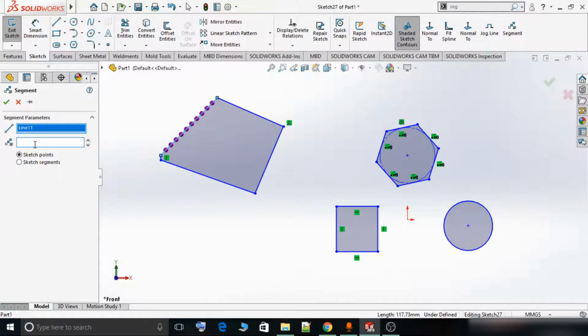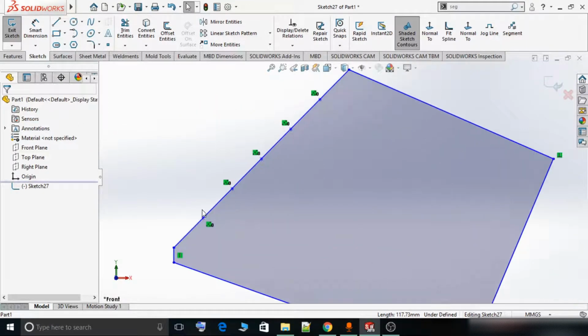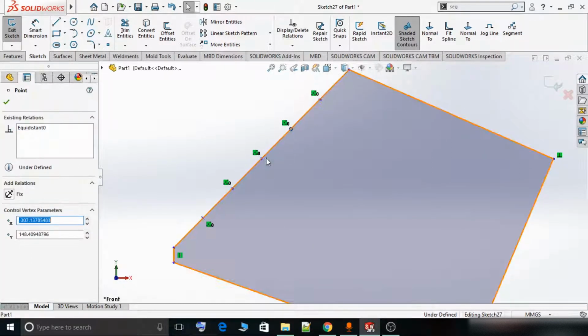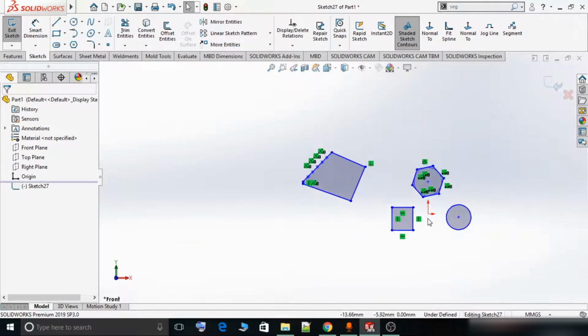Basically I can select 5. So when I select 5, I can either sketch points or I can sketch segments. Suppose when I sketch points, you can see over here that this line is divided into 5 equal parts, and these 5 points are created on this line. So in this way we can create sketch points on the line.